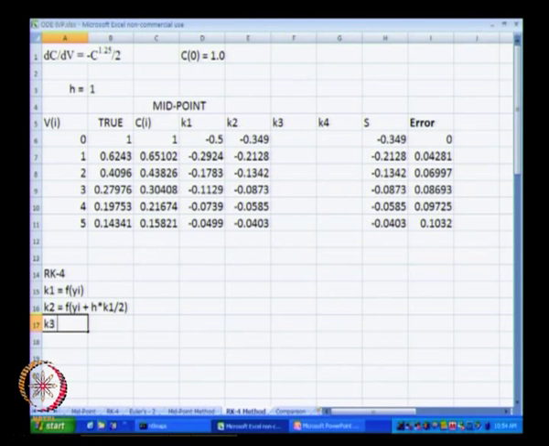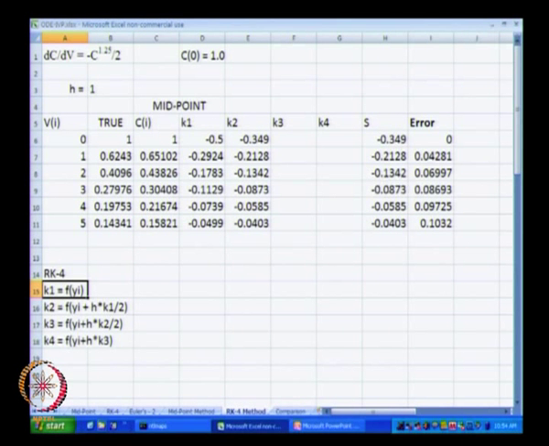Now, our K3 is function f of yi plus h multiplied by K2 divided by 2. Okay. This is our K3, and K4 was nothing but f of yi plus h multiplied by K3. This was our K4.